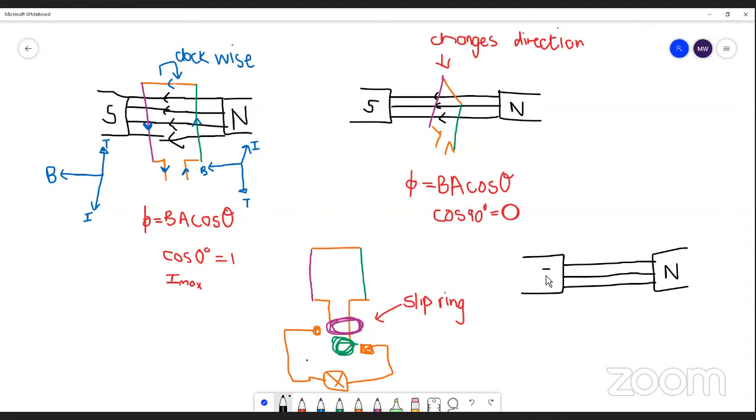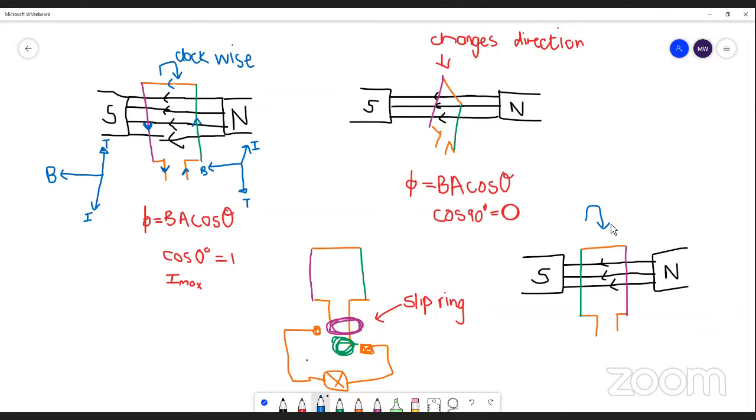Okay, so Newton, what you do is you use your right hand and you're going to point your fingers, okay? Your thumb,